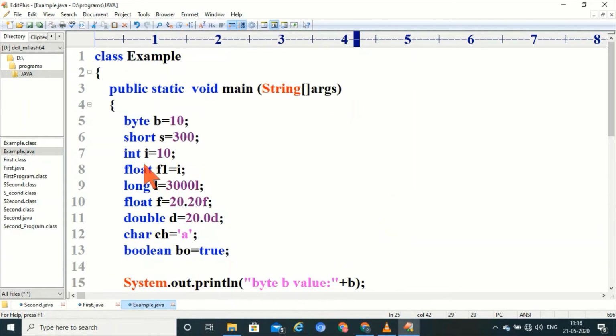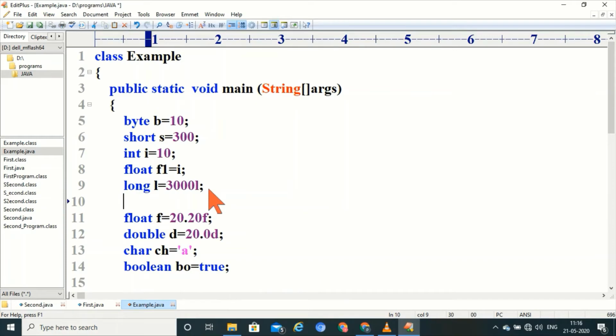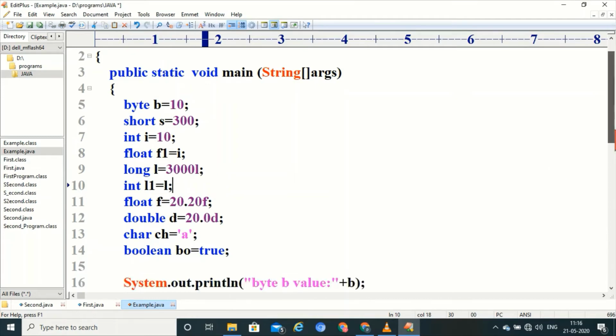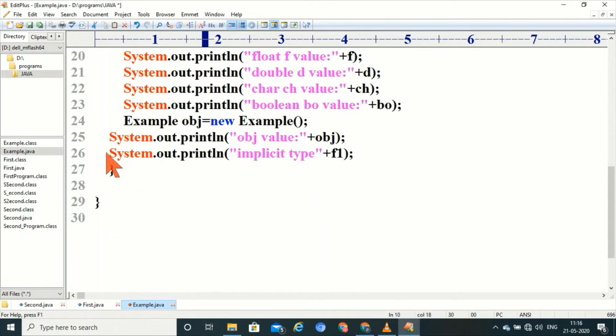now I want to convert long value, long into integer, int L1, I am naming it as L1 equals to L long value. Okay, now I have to print this.